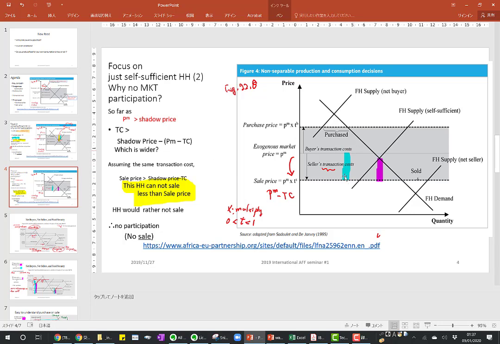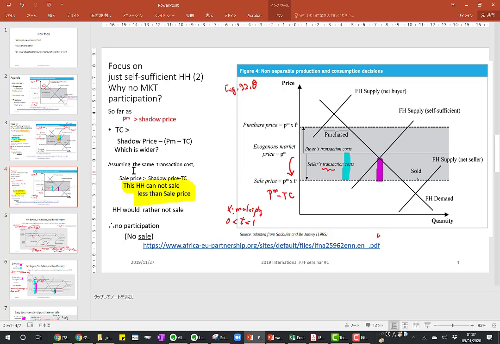And in this case, light blue is wider. So this household cannot sell less than the sale price. I mean, the buyer would like to buy this food at the sale price, but so far as